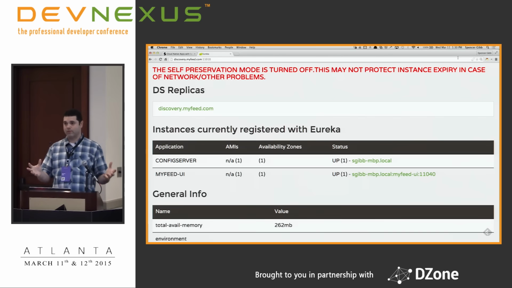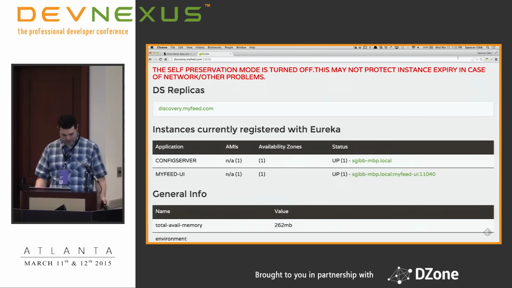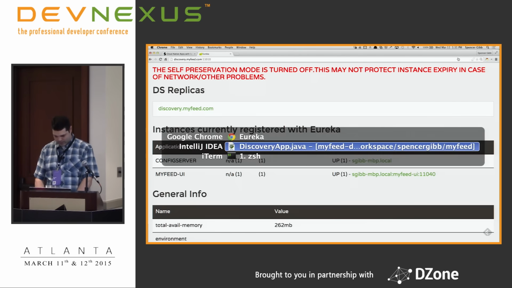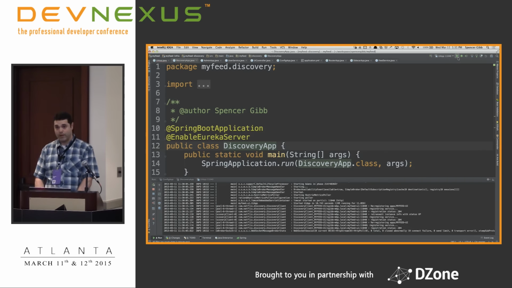So that's Eureka and the discovery server in and of itself. In a little bit, I will show you how to take advantage of those servers that are running, the different instances that are running, with some of the other Netflix tools. So, questions about Eureka and discovery?